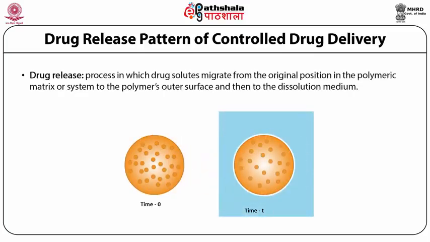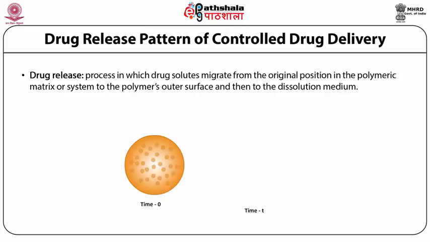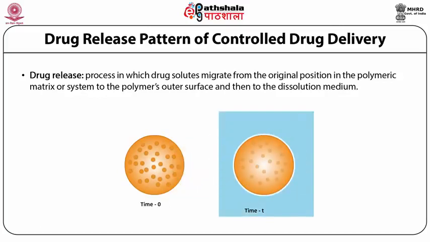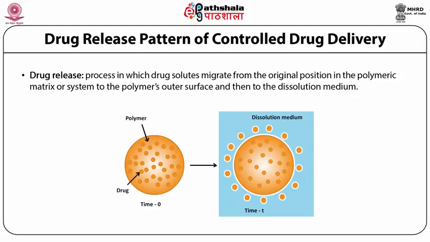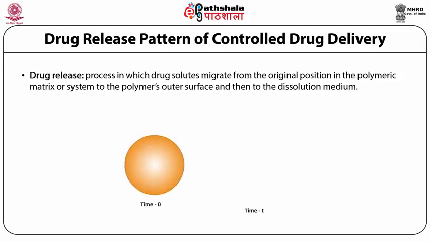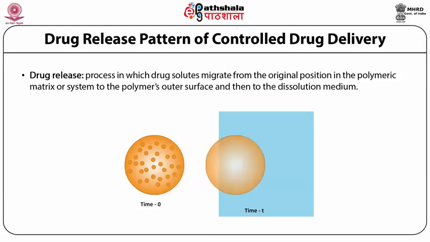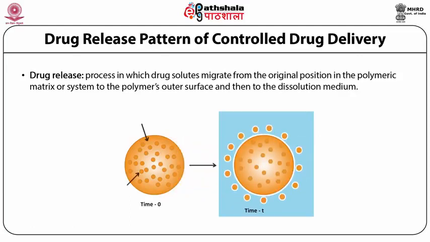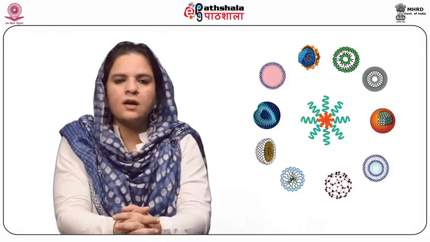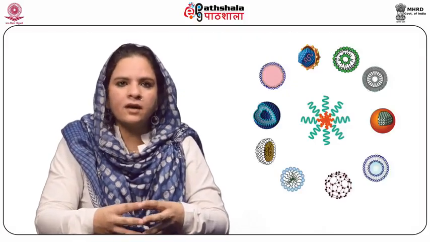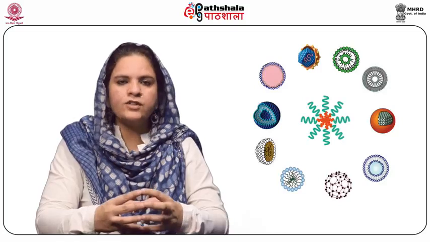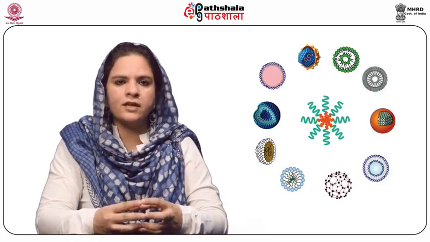Drug release primarily refers to the process in which drug solutes migrate from the initial position in the polymeric system to the polymer's outer surface and then into the release medium. This seemingly simple process is affected by multiple complex factors, which will be understood in just a little bit of time. My dear students, there are a large number of factors which will influence the drug release from the